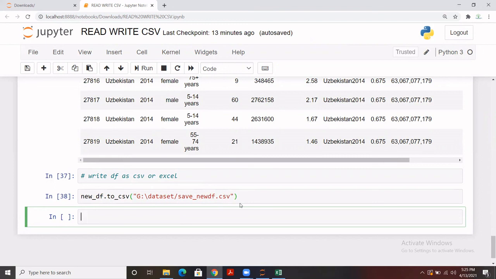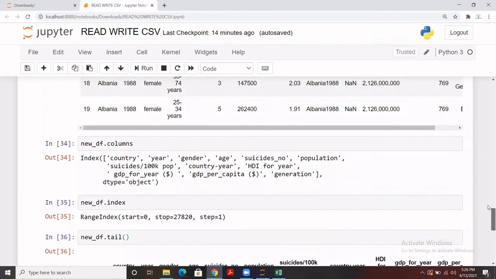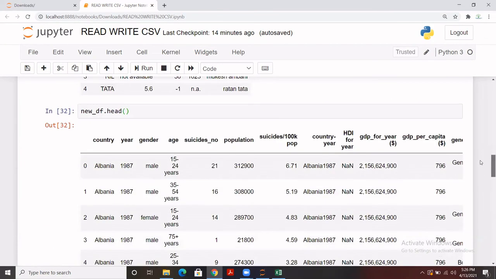Let me explain once again. To read the file, you have to copy the path where that particular file is located, then the name of the file at that place, and a dot, then the extension of that file. pd.read_csv, parentheses will start, then in single or double quotes you write the path/file name.extension.